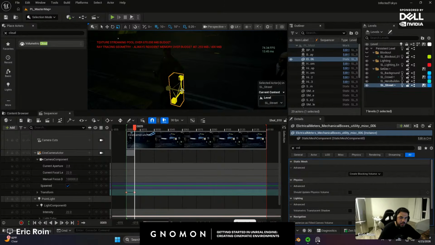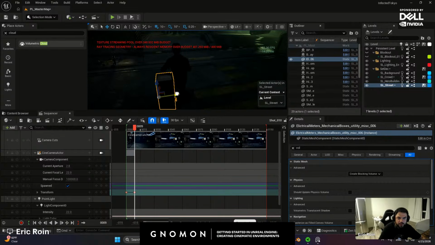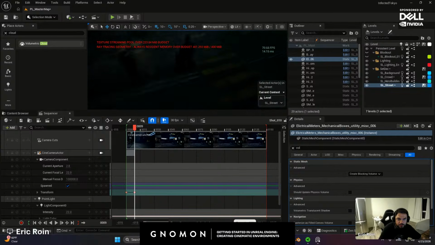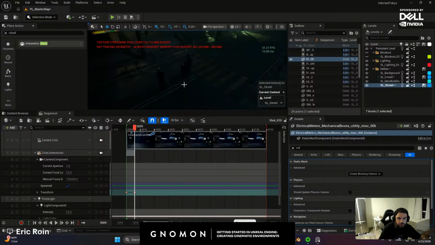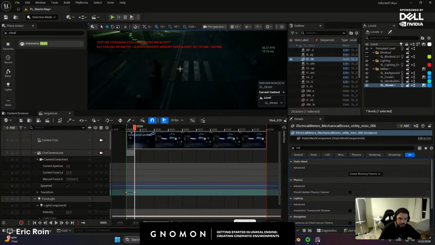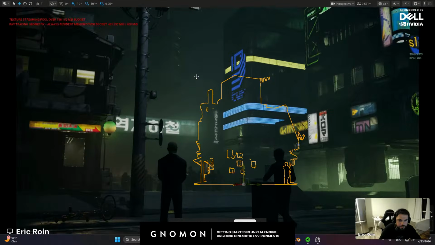You want to avoid scaling assets too much, like rocks and stuff, depending on how their material is set up. If it's using a projection material, obviously you're fine. But in this case, that aligns perfectly. Let's see what that looks like. And I know this is in the middle of the street, but we're not really seeing that from this shot. It seems like they're just about to cross the sidewalk. So I'm just going to keep it like that.